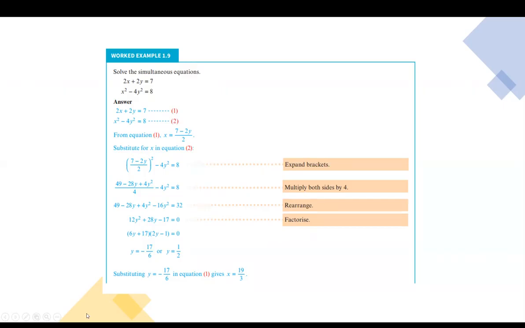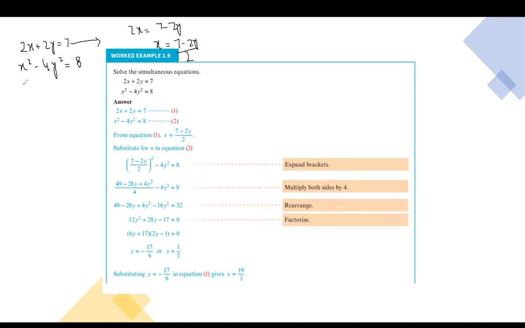2x plus 2y equals 7, and the second equation is x square minus 4y square equals 8. So first, finding the value of x from the first equation. So 2x equals 7 minus 2y, and then x equals (7 minus 2y) divided by 2,